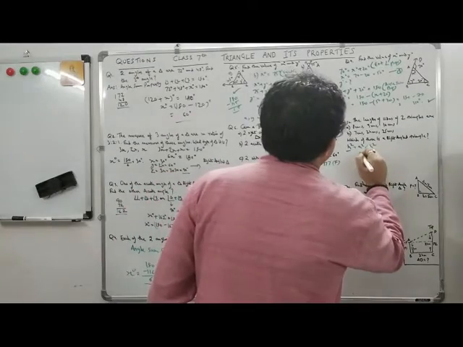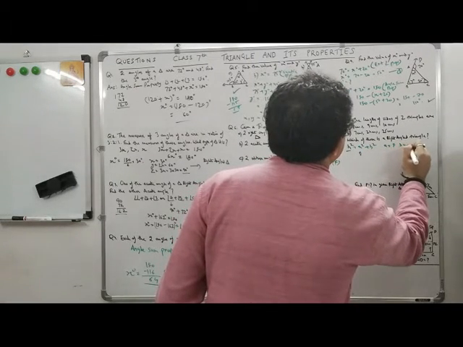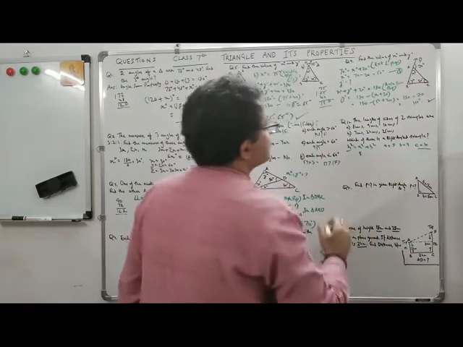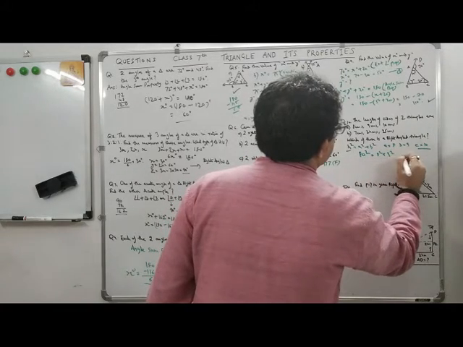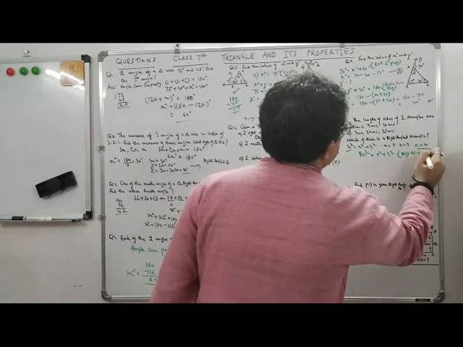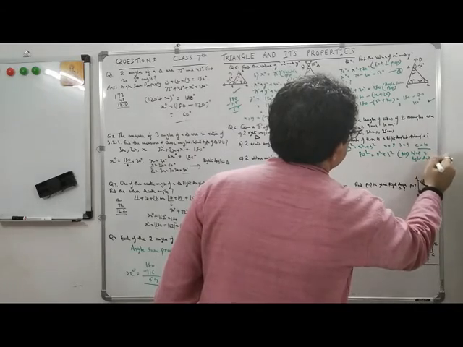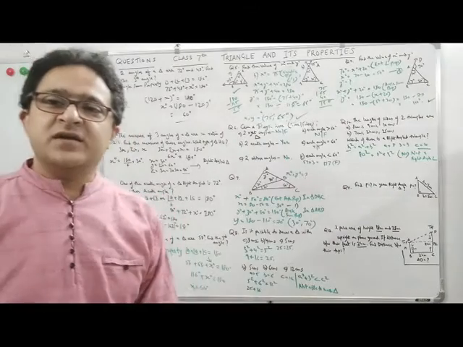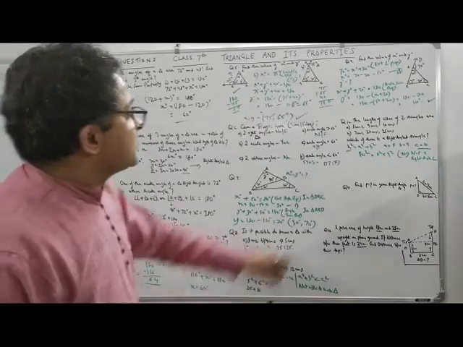So let a is equal to 8, b is equal to 9, c is equal to 10. We know the longest side is the hypotenuse. So is 10 square equal to 8 square plus 9 square? No. So this is not a right angle triangle. Okay. Now let's do the second part. I found my marker. I kept it somewhere. Okay. So this is the first part.